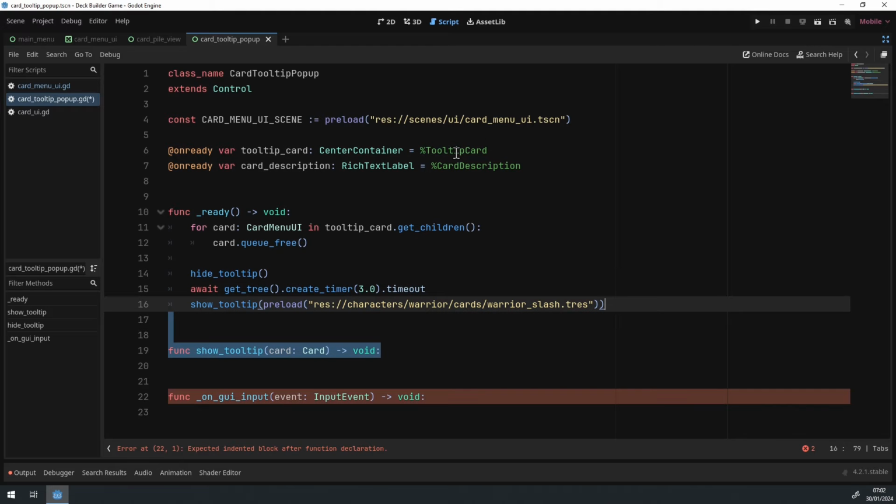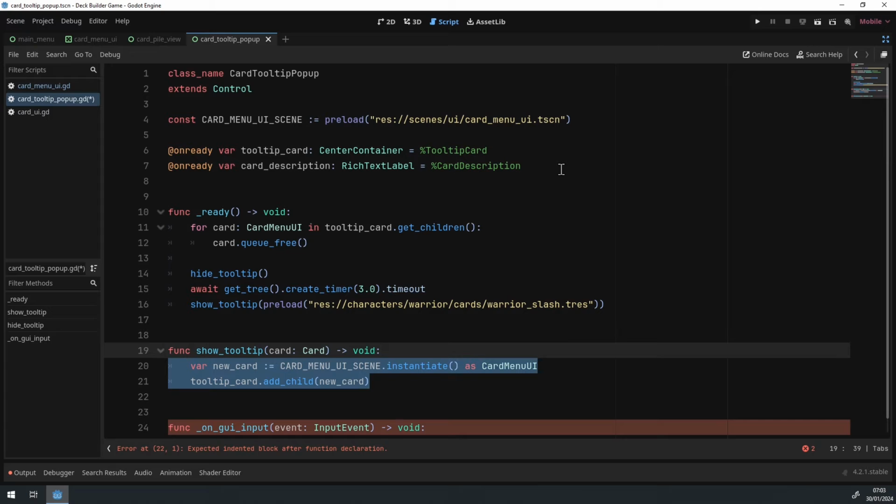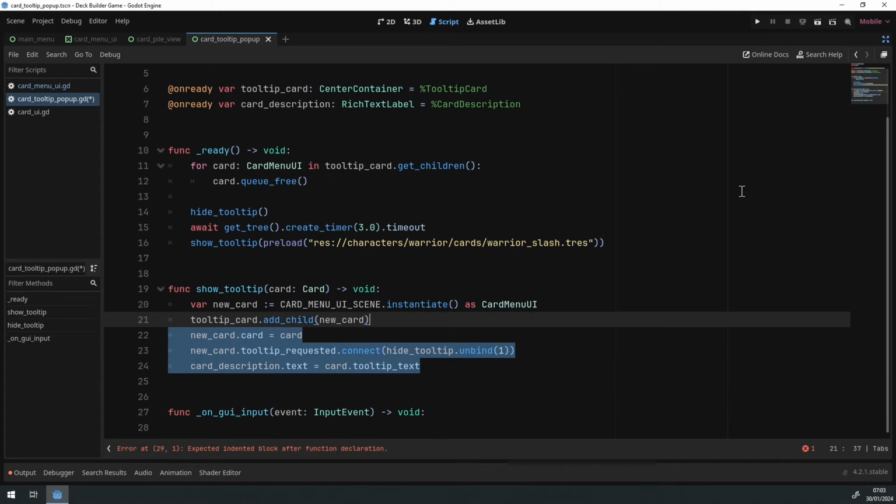So in order to do so, we need to implement those two functions, the hide tooltip and the show tooltip. How the show tooltip function works is it gets a dependency as a parameter, which is a card resource. And that's the card we want to show the tooltip for, right? So what we do is we instantiate a new CardMenuUI scene, add it as a child to the tooltip card center container, set its card property to the card we have, and connect the tooltip requested signal to the hide